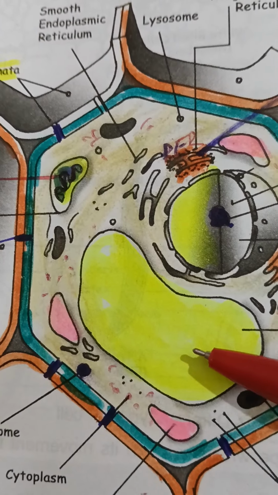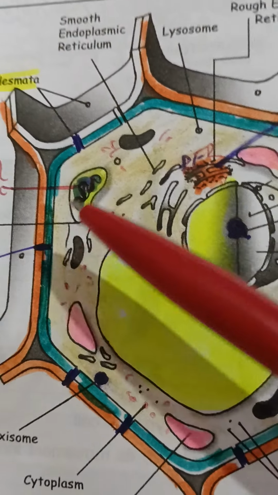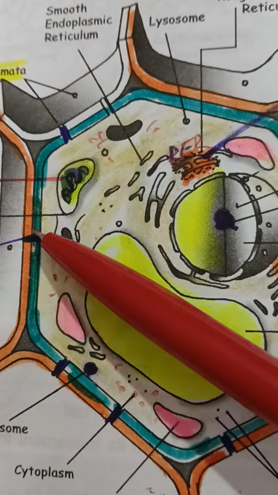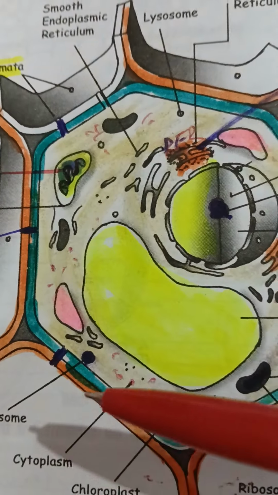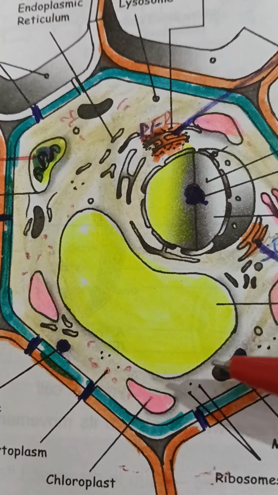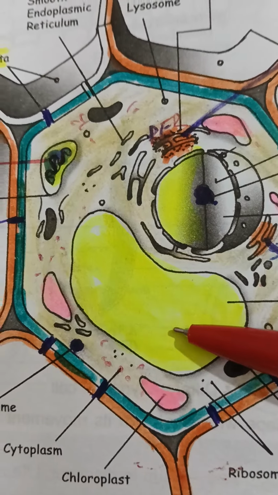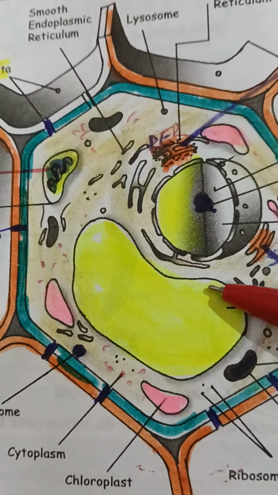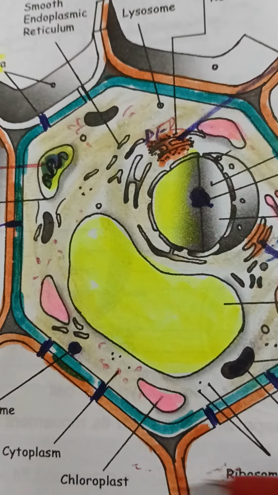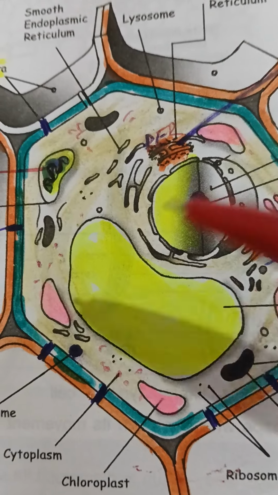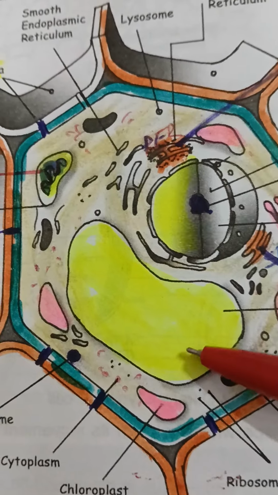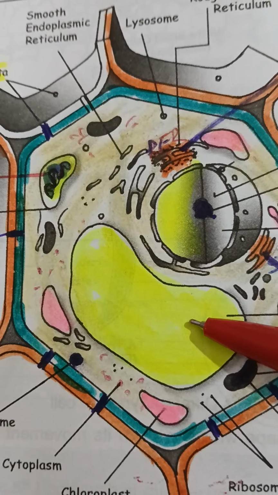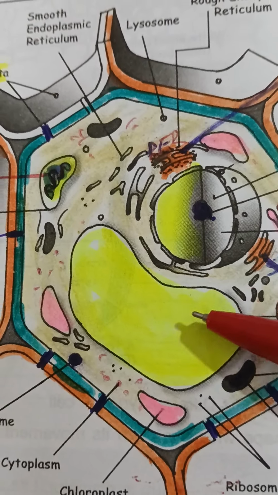It stores water, creating turgor pressure against the cell wall and thus provides rigidity and structural support to the plant cell. Third is waste disposal and detoxification. A vacuole can isolate and store waste materials, protecting the rest of the cell from contamination. Fourth function is pigment storage. Some vacuoles store pigments, contributing to the colors of flowers and fruits, which attract pollinators.